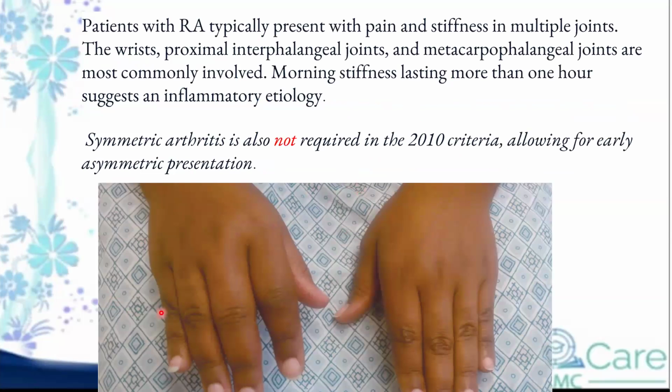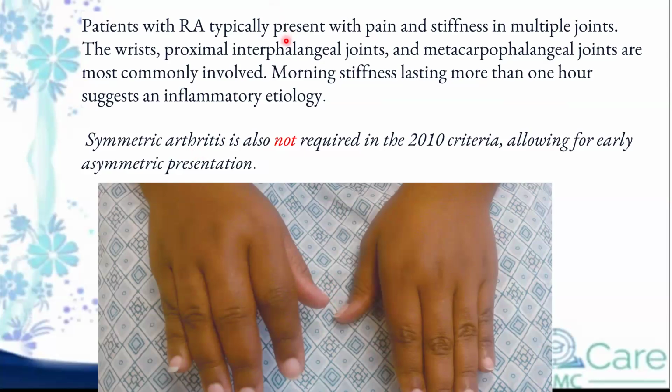So a similar picture has been there in one of the past MCQs as well, right? This fusiform swelling of the fingers is suggestive of rheumatoid arthritis. Obviously, they'll give you a background history and some symptoms. There'll be tenderness, pain, stiffness. Along with that, if you see a picture like this, it is due to the soft tissue swelling around the small joints. So fusiform, sort of sausage-like fingers, right?